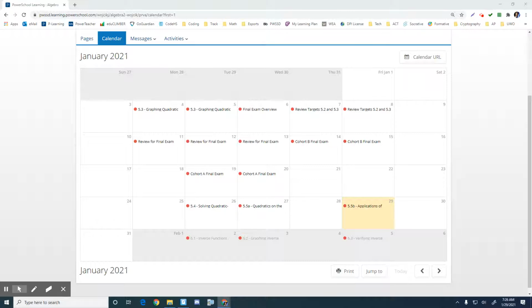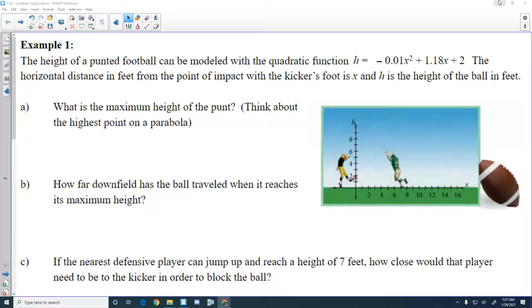And let me just do a quick sweep of the room. Make sure we are all here. I think we're good. Cool. All right, so